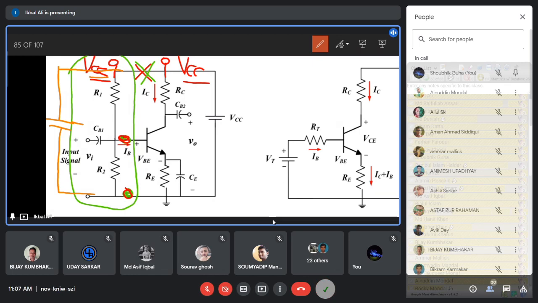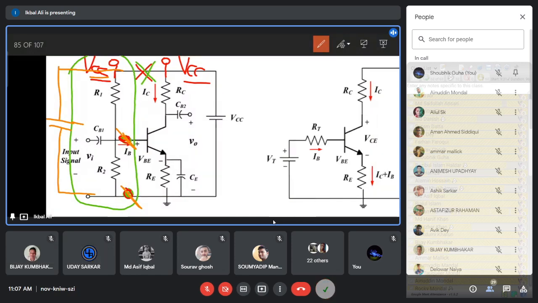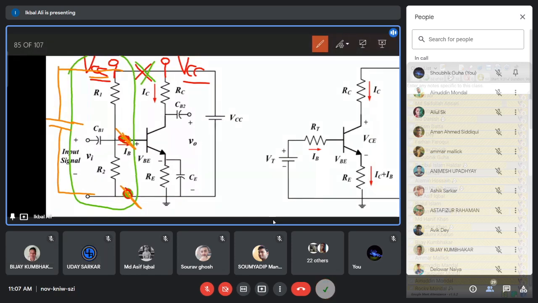Okay. Then you have to find the open circuit voltage between this point and this point. So you have to disconnect this point from the base of the transistor and measure the open circuit voltage. What will be the open circuit voltage? When you disconnect the junction of R1 and R2 from the base, then it is completely separated from the base. So now the battery will flow a current like this.